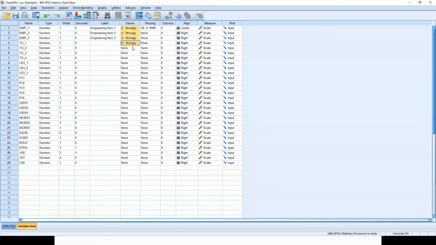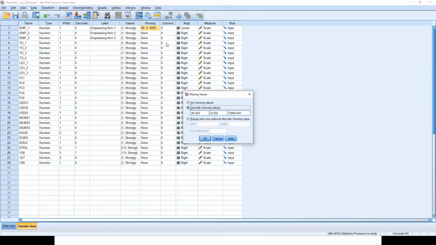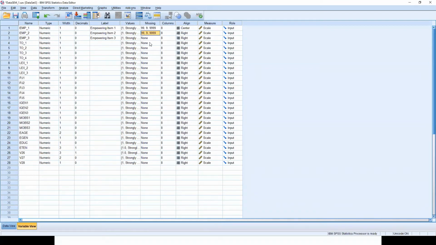You can copy this, paste here as well, and copy everything basically here.